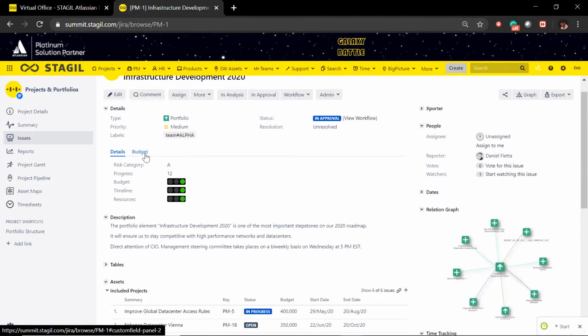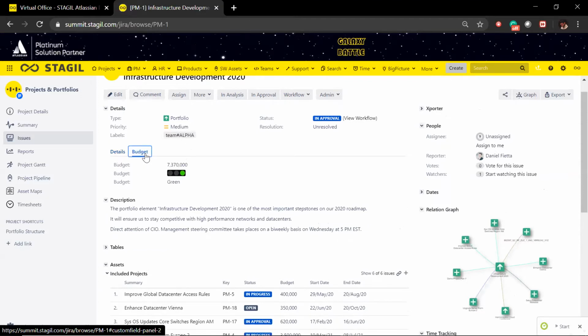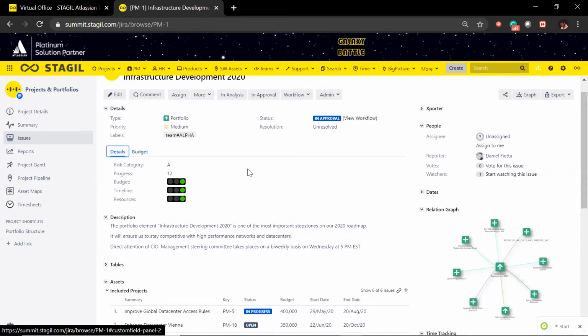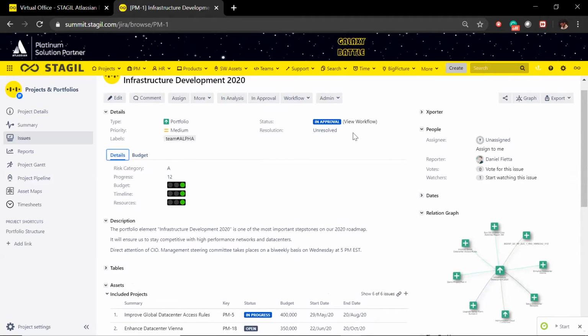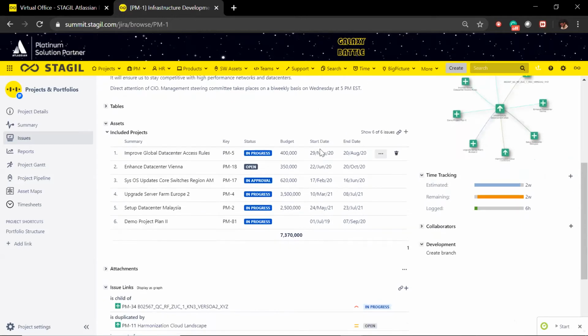We can have information regarding the budget that has been granted to these projects, and also some visualization of whether the budget has been respected or not. We will go back later to these traffic lights. Every issue in Jira has a workflow assigned to it, a description, and here comes the first